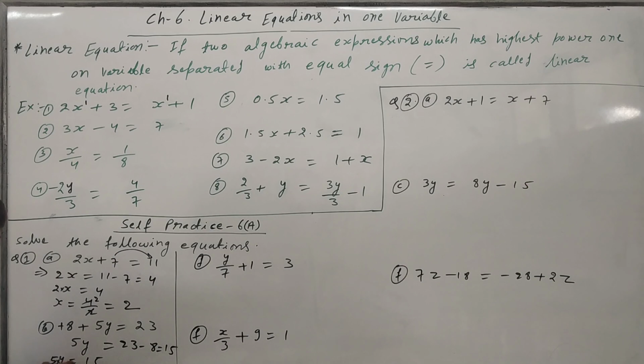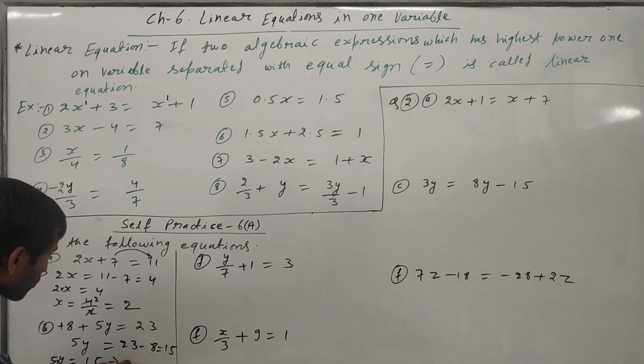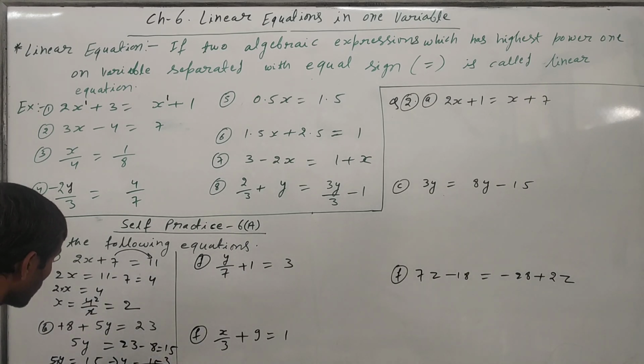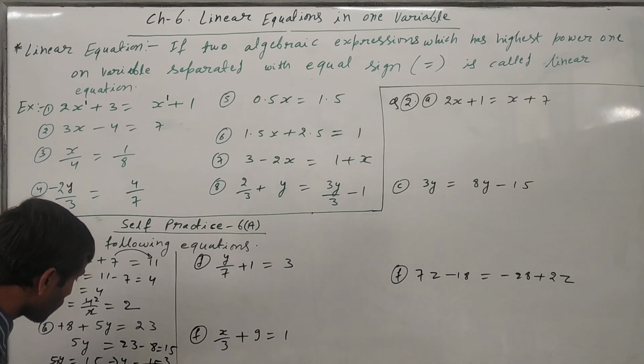Again here nothing written means a multiply sign is there. Then 5 will go to this side, and it will become division. So we will write down here y = 15 upon 5. Now we have to cancel out. 5 threes are 15. Sorry, the y value is equal to 3. This is the final answer of this equation. y = 3.